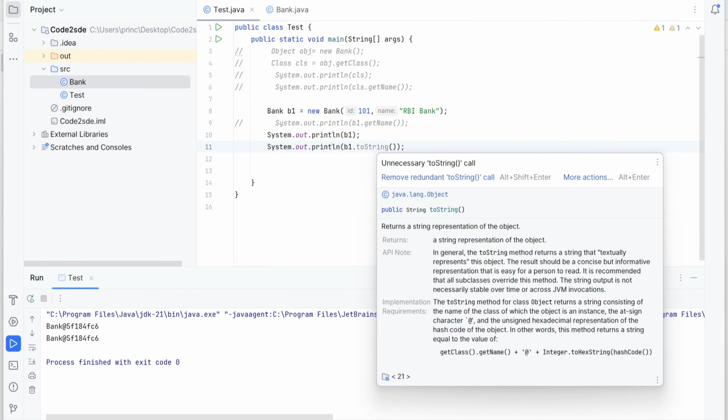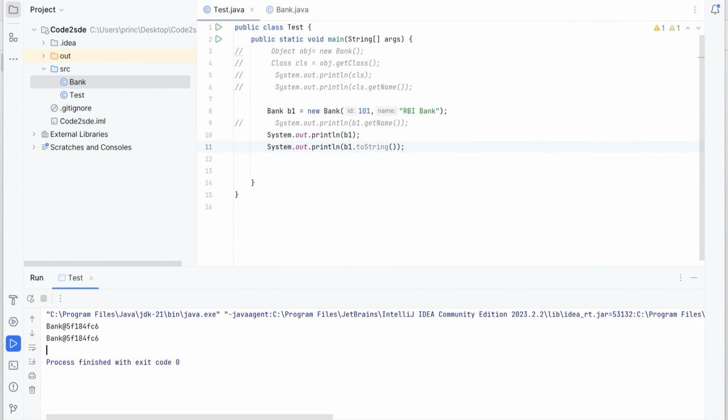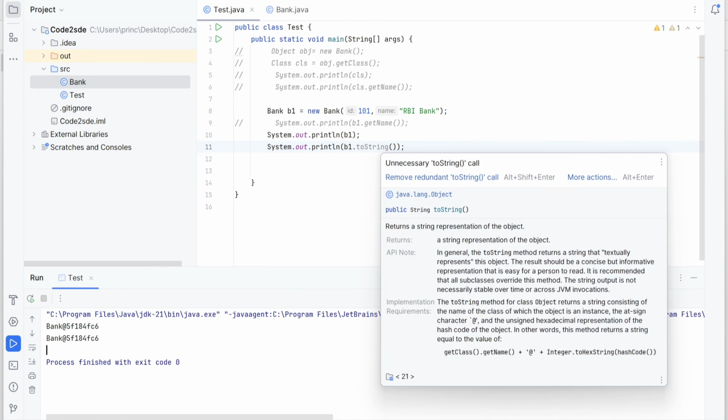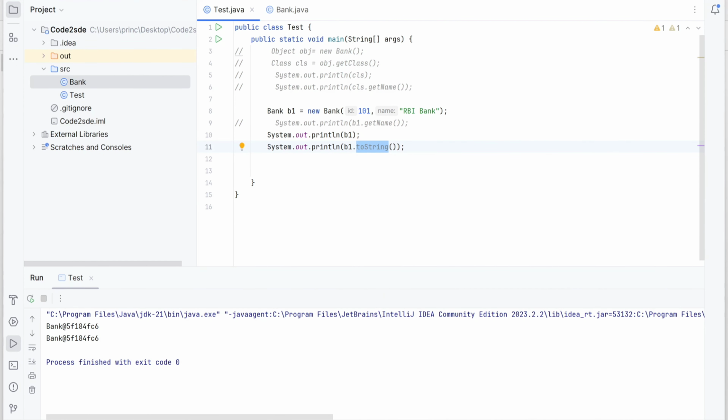And even if you can see here, the IDE is giving a warning that this is redundant. So even if you don't write it and just write the reference variable, the Java compiler internally calls the toString method. So we can simply write the reference variable in print.